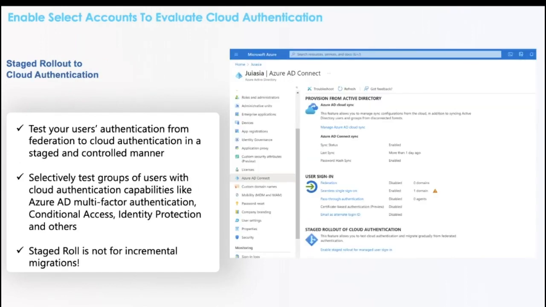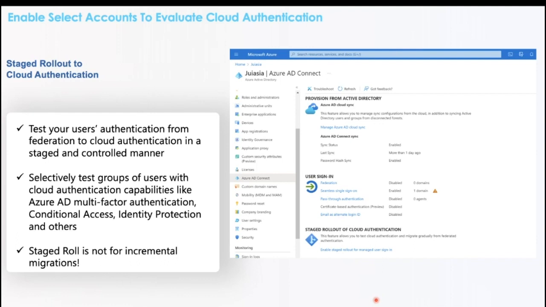Now, we talked earlier about stage rollout. Stage rollout basically allows you to move a certain subset of users to leverage Azure AD authentication natively, migrating them away from ADFS. So you're able to control that. You create a group. As you can see here, it's done through Azure AD Connect in the portal.azure.com. After you go to Azure Active Directory, you go to enable stage rollout, you create a group, you add the users to that group. It takes some time to apply, but the next time the user logs in, they enter their username, they're no longer passed to ADFS, they log in directly with Azure Active Directory.